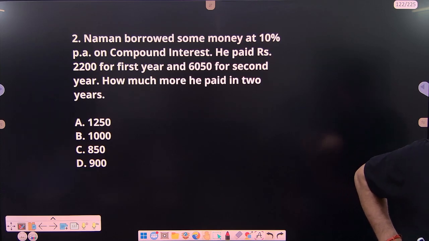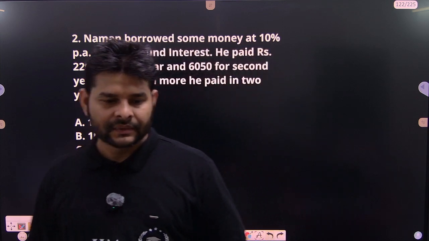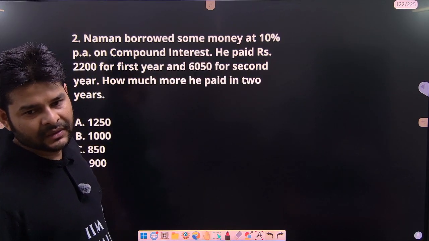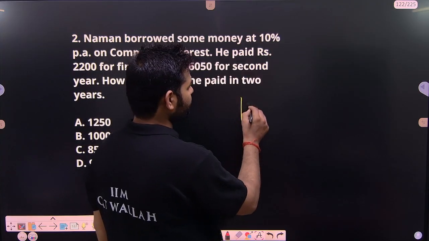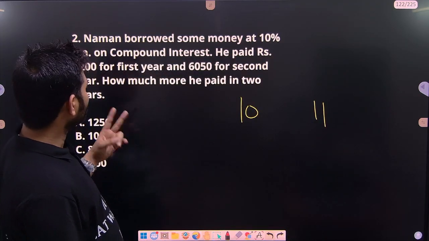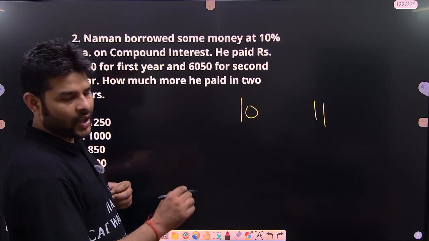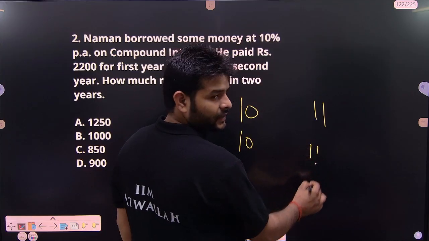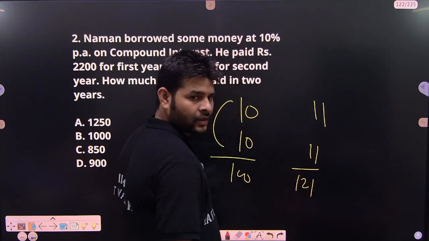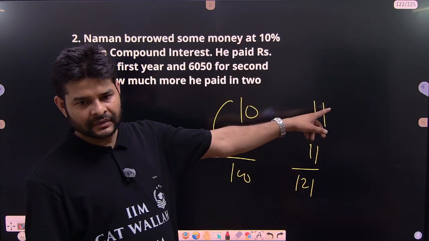Yes, answer. Let's answer. Same funda you need to plug in. Rate of interest is 10%. So what would be the fraction? 1/10. That means in the first year the principal 10 will become 11. We have been given 2 years or 3 years? 2 years. So again 10 will become 11. But for 2 years we need to multiply, 100 becomes 121. So for the first year the installment is 11 units.